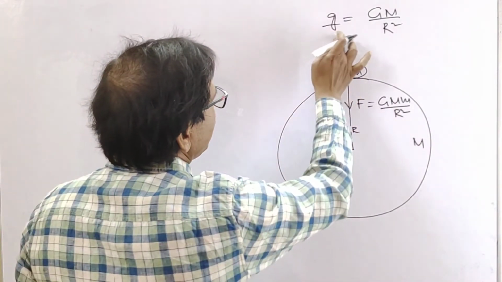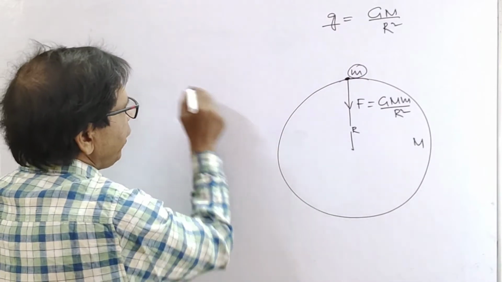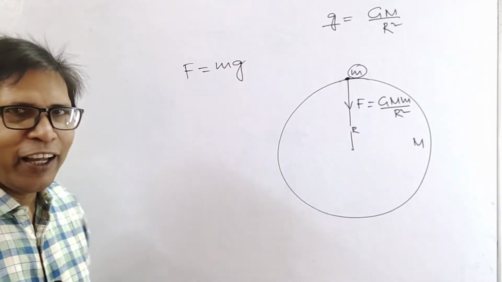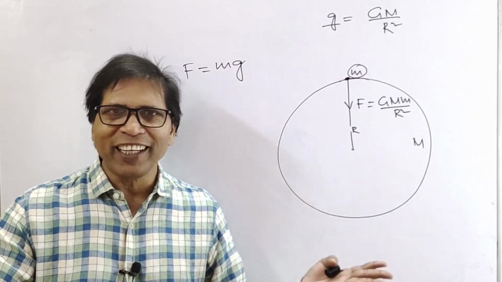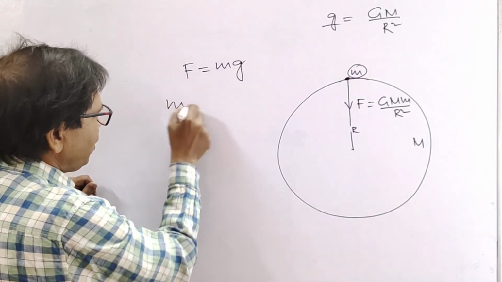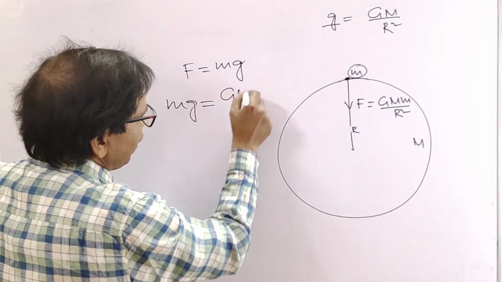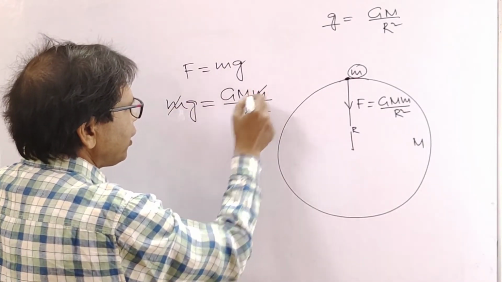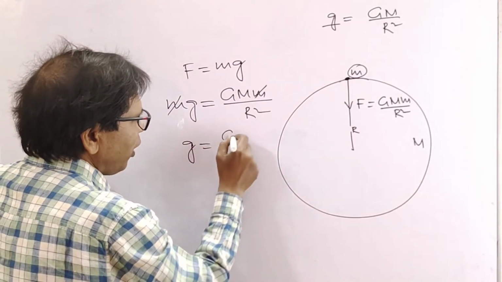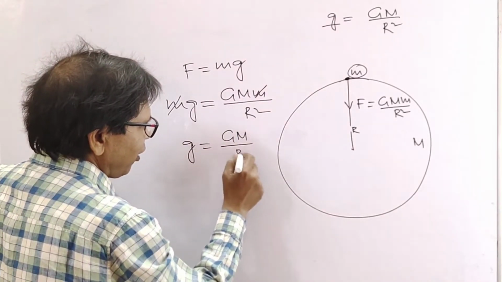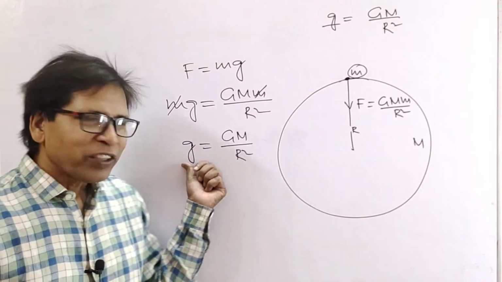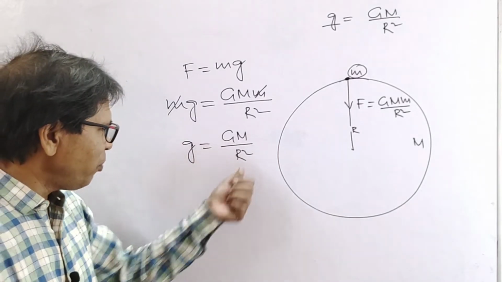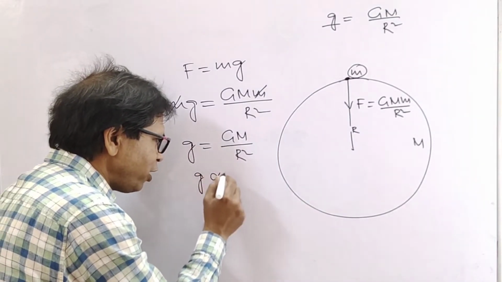Okay, if the acceleration due to gravity is small g, then this F is equal to mass into acceleration due to gravity according to Newton's second law of motion. So mg equals G capital M small m divided by r square. Now small m cancels out, so g equals capital GM by r square. So g is directly proportional to the mass of the Earth and